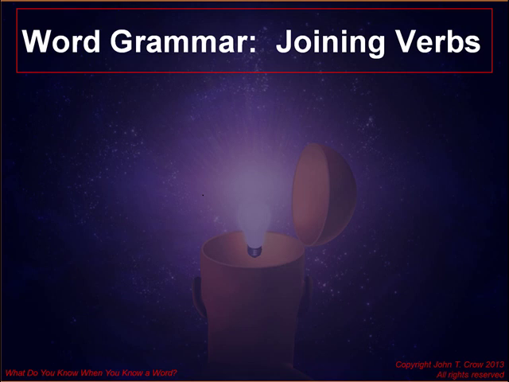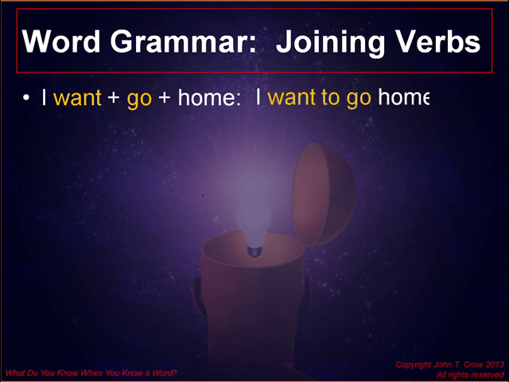When you join 2 verbs together, the first verb quite often has a grammar rule that it imposes upon the union. For example, if you're going to join want and go into a sentence like I've shown you on screen here, what would you say? I want to go home. You cannot say I want go home. Nor can you say I want going home. You have to insert to. That is a grammar rule that want enforces.